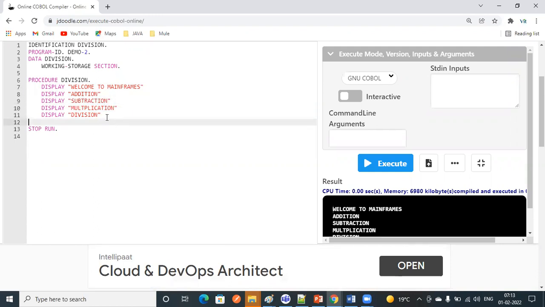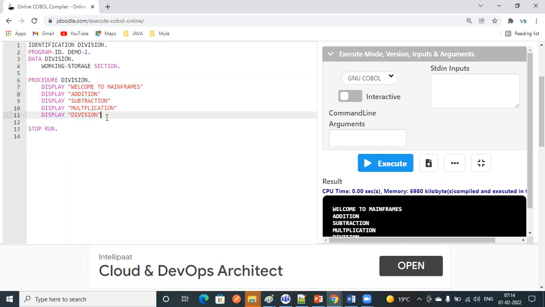In some cases, I want to execute only division, or I want to perform only addition. In that case, this is difficult because in our COBOL programming language, it will start executing from the procedure division, line by line.